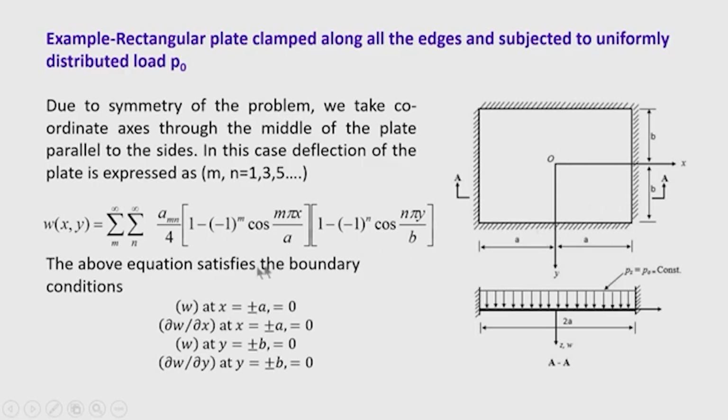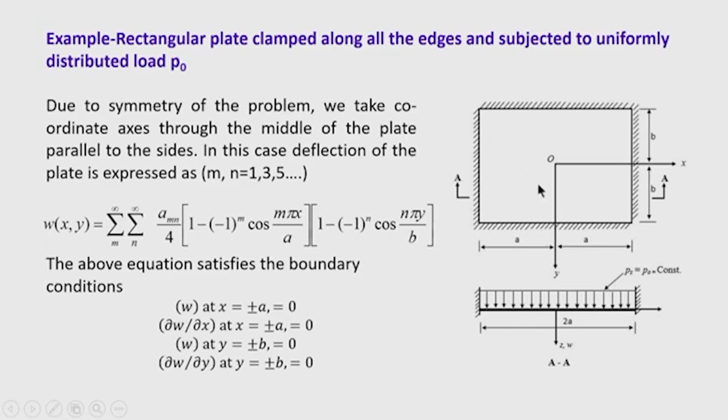Similarly, if you compute the slope of this expression, that is, if you calculate the first derivative of this expression, del w by del x, then you will get here sine of m pi x by a, multiplied by, of course, m pi by a, and the sign will be minus because we are differentiating a cos function. Okay. So, what happens because of the sine function appearing here as a product term,